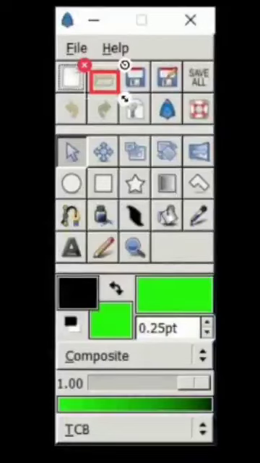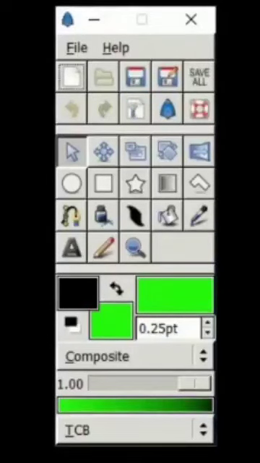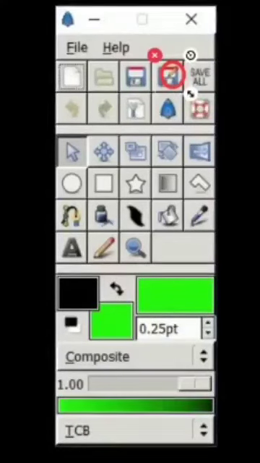And the next one is save. Save option is used to save a file. Next one, save as. To save the file with another name, we are using the option save as.